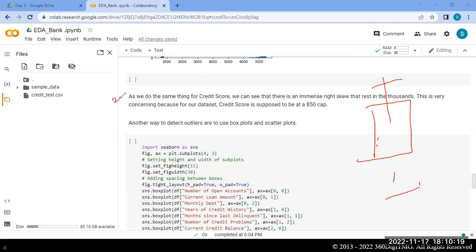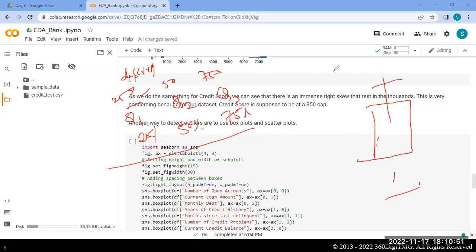We have seen that when you do the description of data: 25 percentile, 50 percentile, and 75 percentile. We call them quantile 1, quantile 2, and quantile 3. Based on these values, we will create the upper cutoff range and the lower cutoff range. What is the upper cutoff range? Q3 plus 1.5 into IQR.